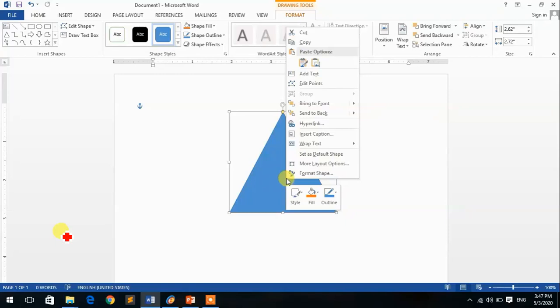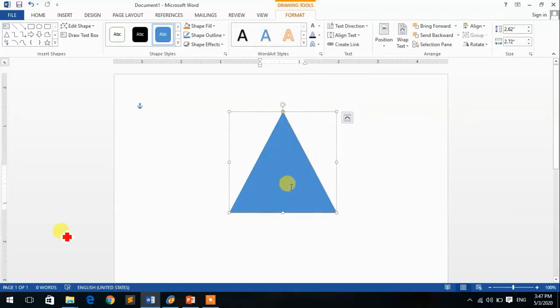So right-click on that shape, click Add Text, then the cursor will appear. Now type the text. In this way you can insert the text into the shape.